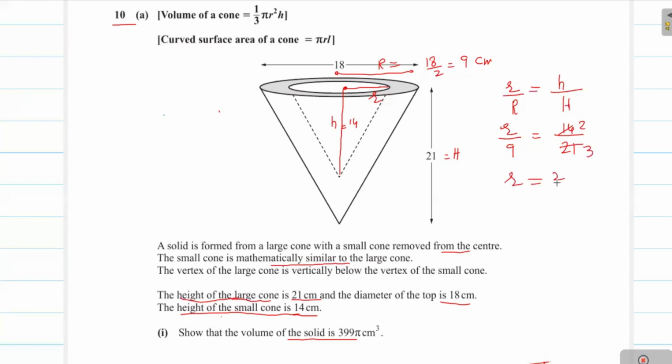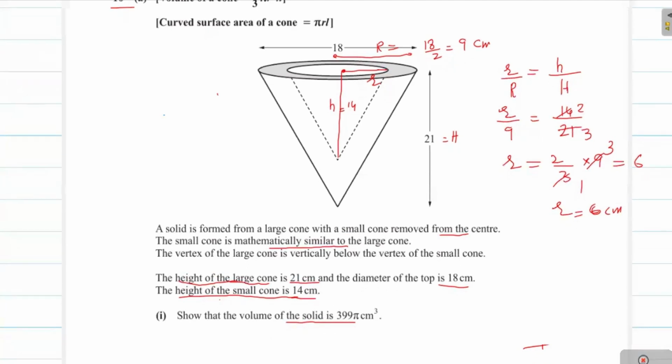And then r will be equal to 2 over 3 multiplied by 9. We shift 9 from the left to the right side. Therefore, 3 times 1 is 3, 3 times 3 is 9. The radius of the small cone is 6 centimeters. We have to find the